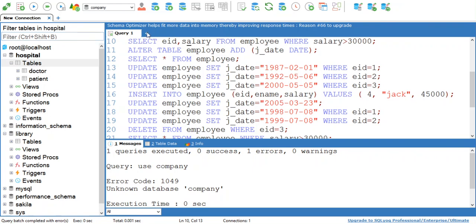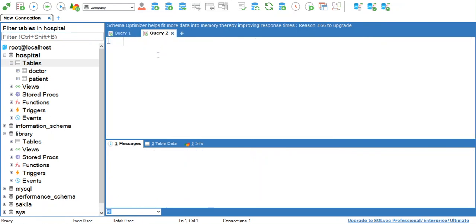Now let's see how to execute data control language queries. Under data control category we have grant command and revoke command, and these two commands are used to manage authorizations on a database. Means by using these two commands we can give permissions to the user, or we can take back the existing permissions from the user, so that we can maintain security on our database.